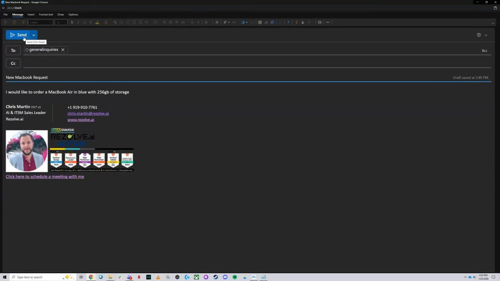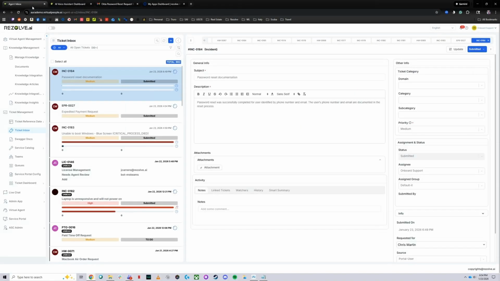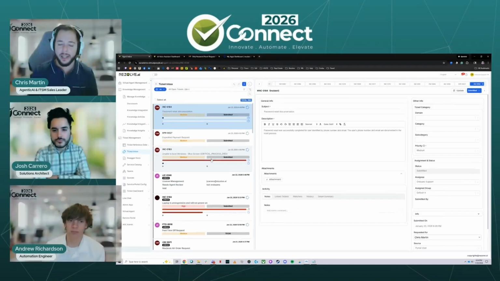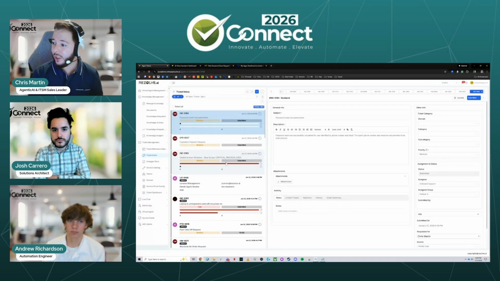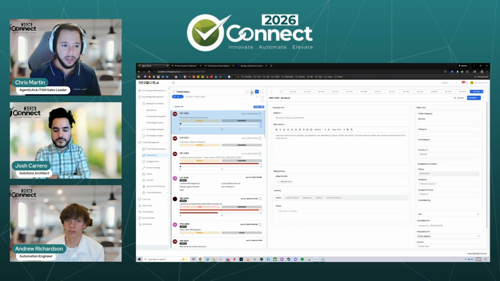So if I go ahead and send over that email, I just want to show that when that email does get created in our platform, it's going to be able to not only create that ticket intelligently with the information, it can map it to a category, to a subcategory, but it will also map to a service request, right? So it can identify there is a service catalog here. This is the service request. These are the mandatory fields that it needs to capture. So it can all do that dynamically. So once that email gets in here to create that ticket for us, we'll just do a quick refresh here.